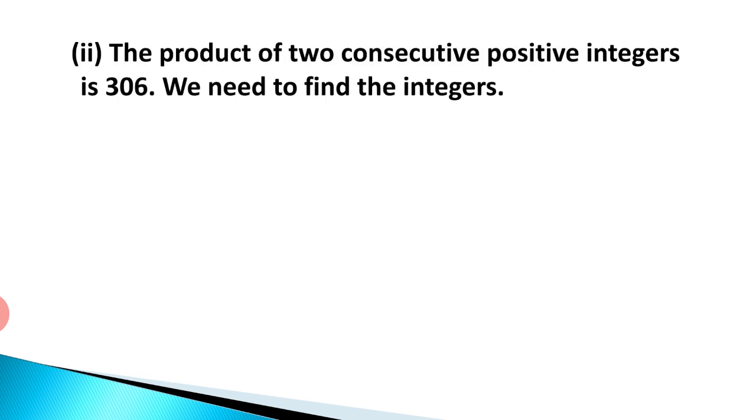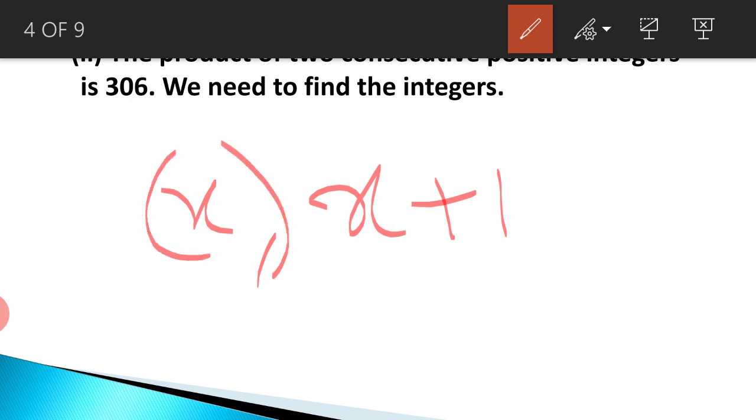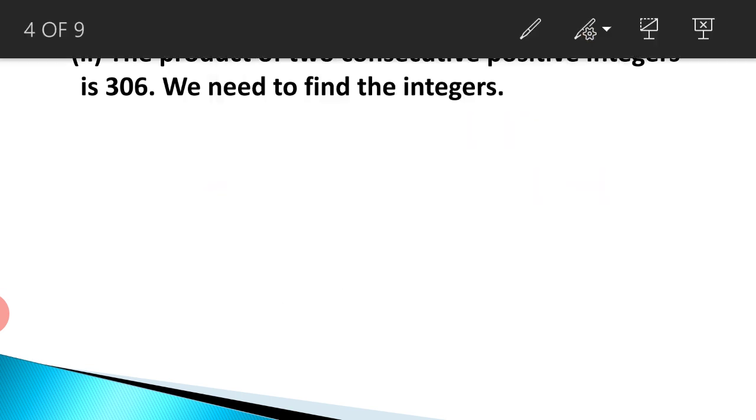The product of two consecutive positive integers. Now we are talking about two consecutive positive integers, and we very well know that those are taken to be x and x plus 1. Is it okay? So two consecutive integers and their product. So again, what will you obtain, children? You will get another quadratic equation. Is it okay? So let us go for the statement here.